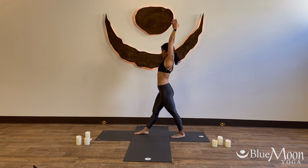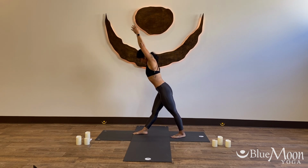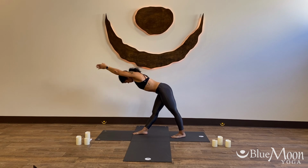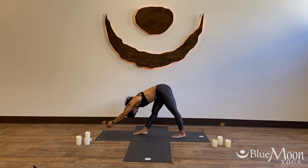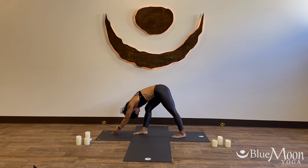Reach your arms up. Bring your chin down to your chest as you exhale. Round down. Take your time using your core strength. Keep your hips square to the mat. Thinking again, lengthening your spine. Once you are completely folded over, bend your right knee as much as you need so that your knee and